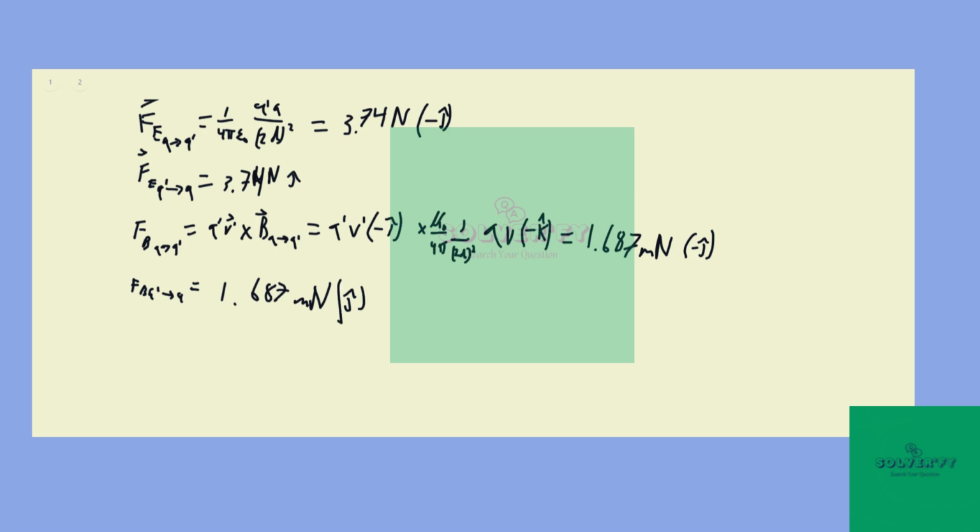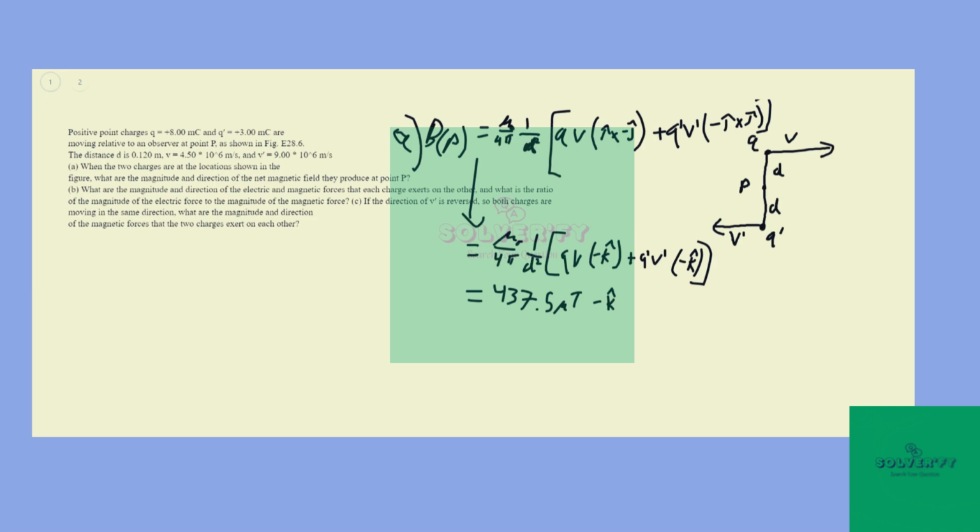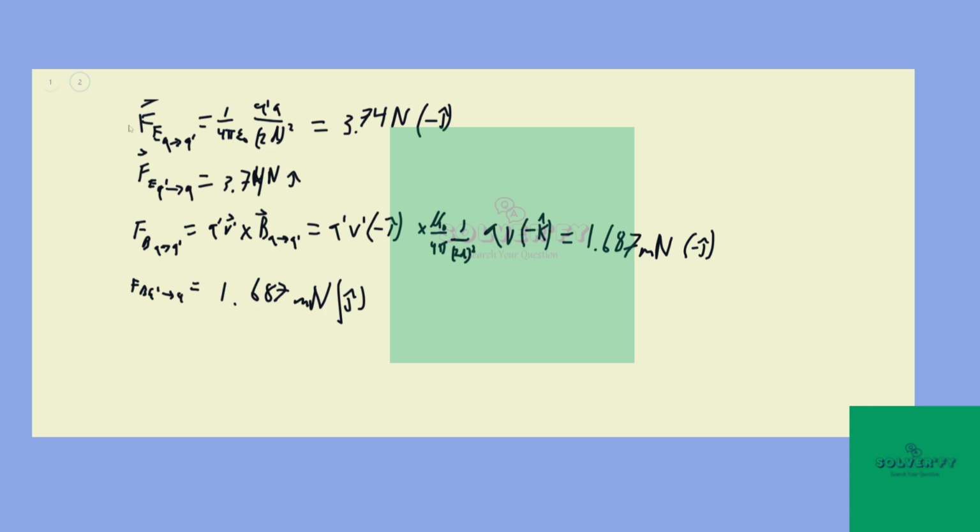Okay, and so we are then asked what the ratio is between the magnitude of the electric force and the magnitude of the magnetic force. So we can simply write down the ratio is equal to the force electric over the force due to the magnetic field. So basically this is Coulomb's law versus our Lorentz force law. Since these are the same value for each of them acting on the other,